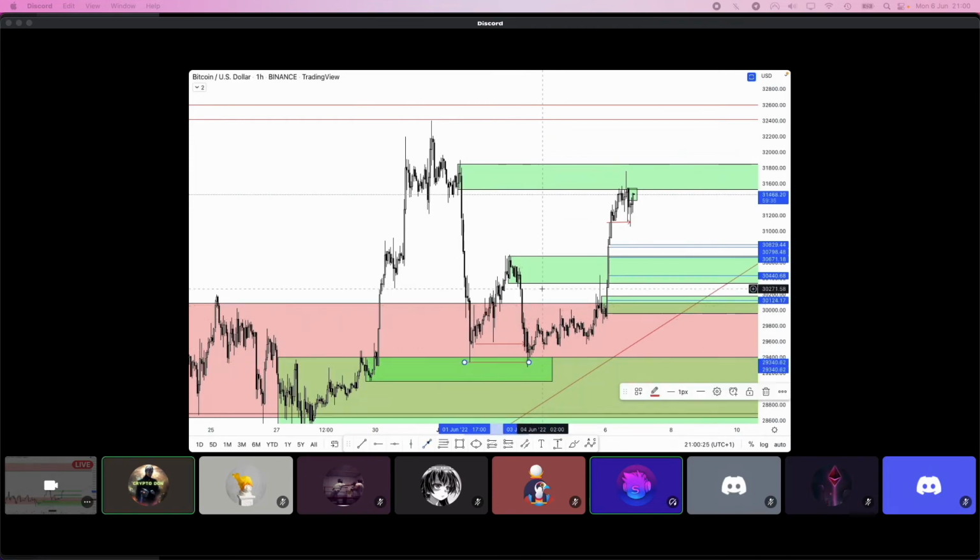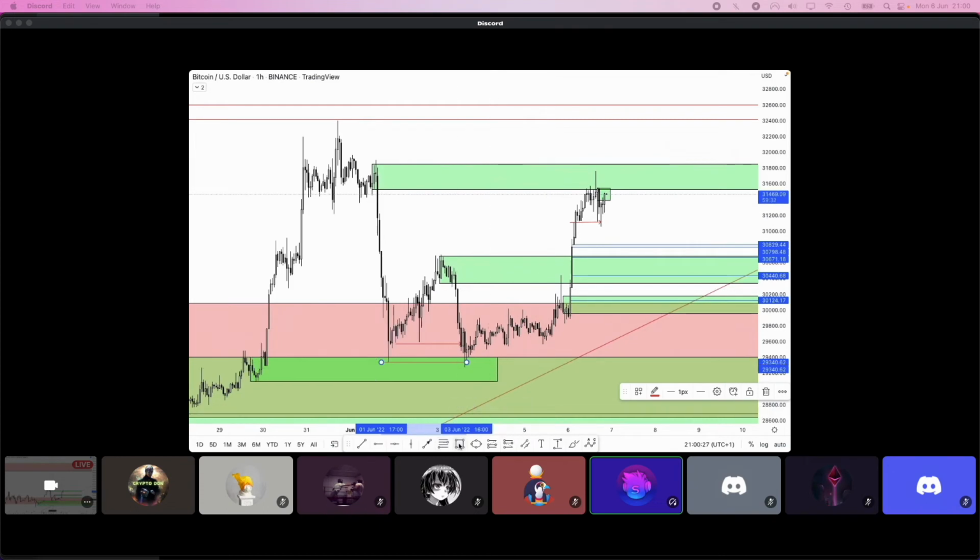Now, when we came back into this imbalance, if we just measure this imbalance candle, you can see here, for example, it came into 50% of that imbalance candle here. Boom, boom, double top, just to set liquidity. Bang, straight into this order block here. So from when they came into this order block on the 1 hour time frame,